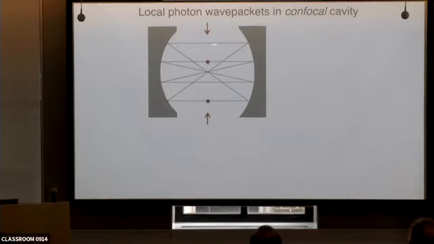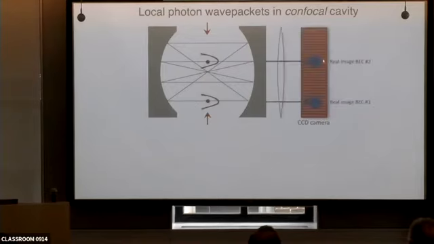Okay, so this is the light propagating scattered from this atom. This is from this atom, like so. So this is the local wave packet that you would have for each of these atoms. And of course, that's what you would image coming out. But what's kind of neat is that you actually get a mirror image as well. You get a mirror or a virtual image. It's like you put a mirror there and you have a virtual image. So you actually get 4 spots coming out.